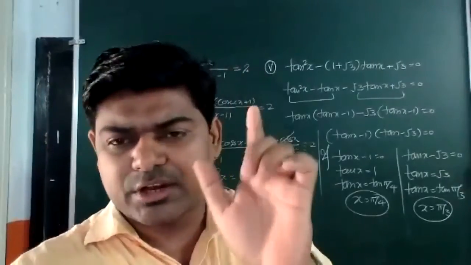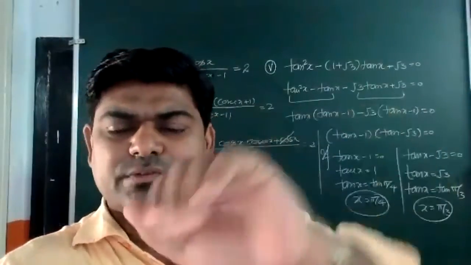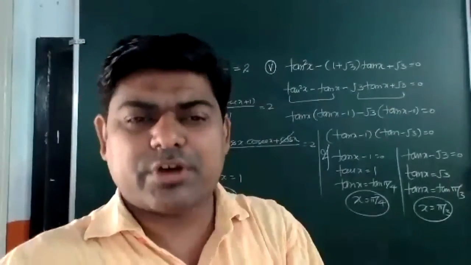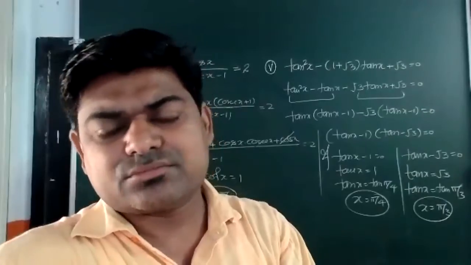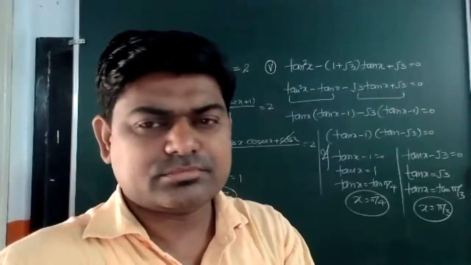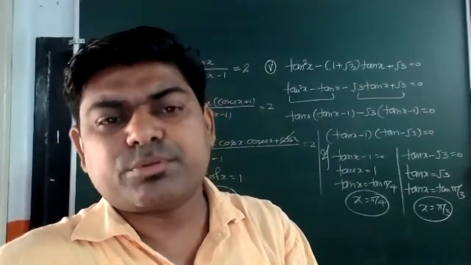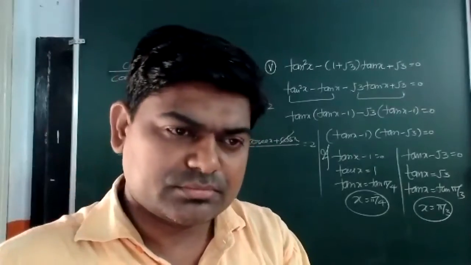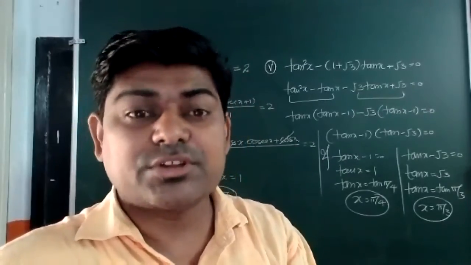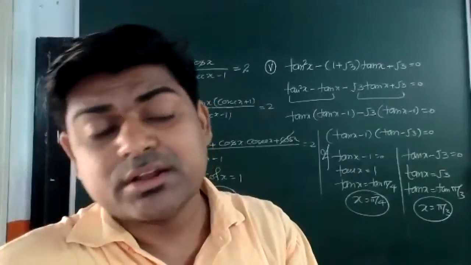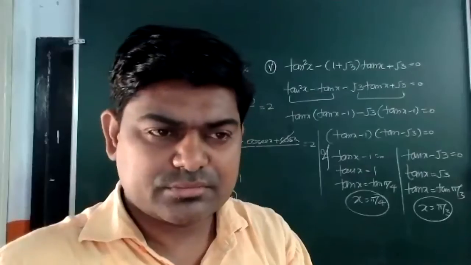X and Y both are real numbers. What is the meaning of real number here? That's what I want to tell you. Actually, during the question, after solving we will get x square and y square. So, if x and y both are real numbers, then their squares should be positive. X square and y square both should be positive. X square plus y square should be positive. Am I correct? Or if somewhere I am having x minus y the whole square or x plus y the whole square, it should be positive. It will never be negative. Is it?